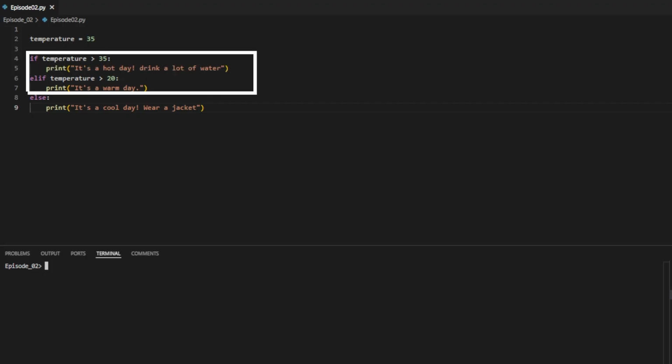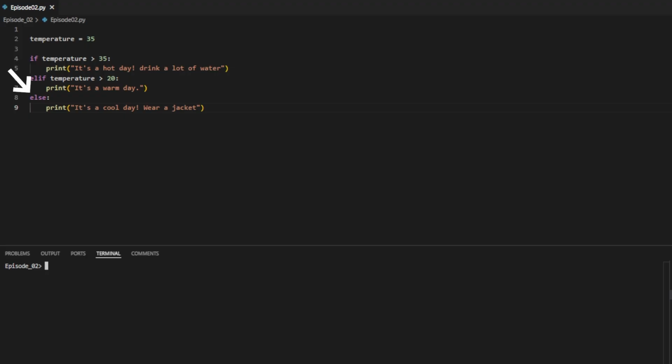Lastly, if both conditions are false, the script navigates further to the last block. So if the temperature is below 20, it prints "It's a cool day. Wear a jacket," and only then ends its execution. We see it's still not entirely true since we don't really wear jackets at 20 degrees, so let's add one